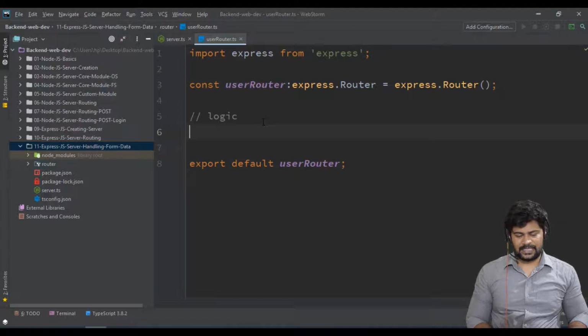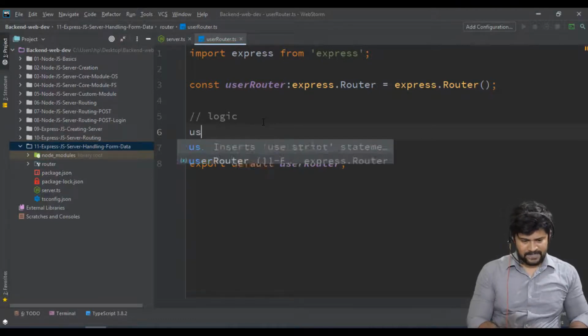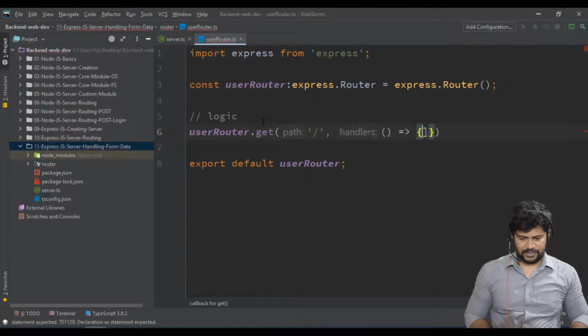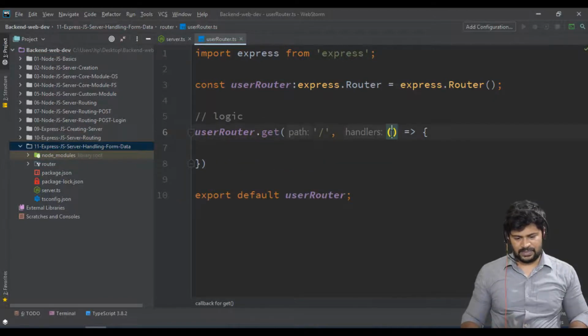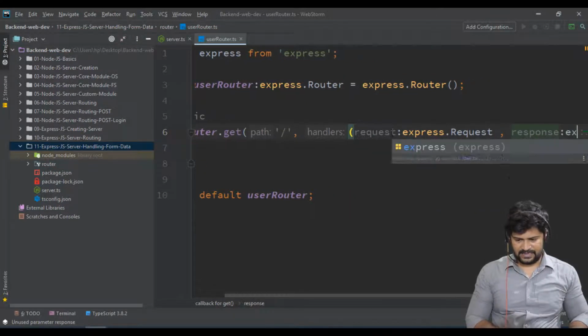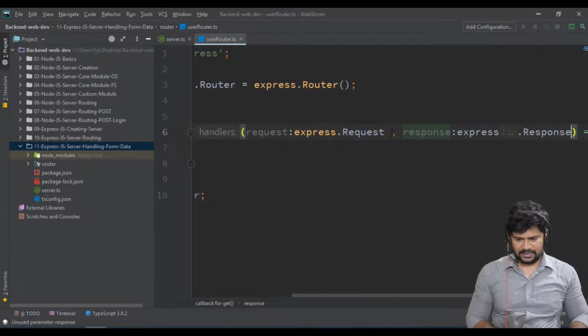So here, let's make the logic. For example, for this empty path I'll make a normal GET request. userRouter.get for the empty slash, comma, a function which takes request and response. Request is of type express.Request, and response is of type express.Response.